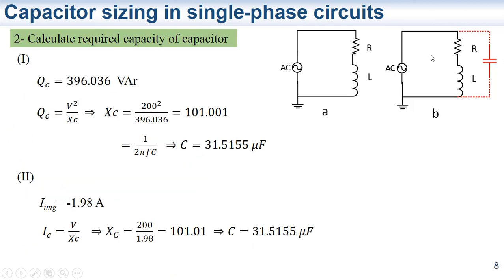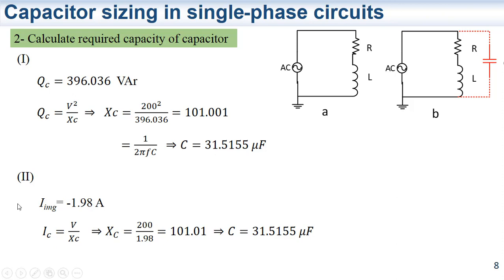So we have to calculate or size the capacitor based on two methods. First method is to equalize the reactive power drawn by the inductor using a capacitor. So the capacitor reactive power will be 396 volt ampere reactive, and from that value we can find the value of the capacitor using the voltage applied to the circuit, and that value will be